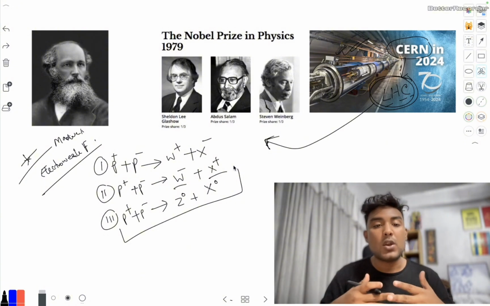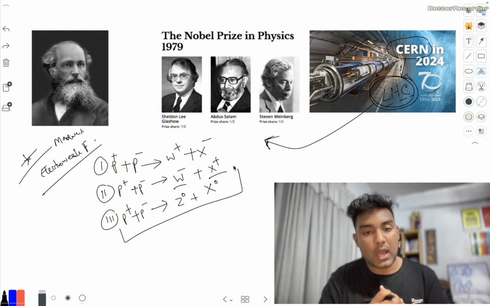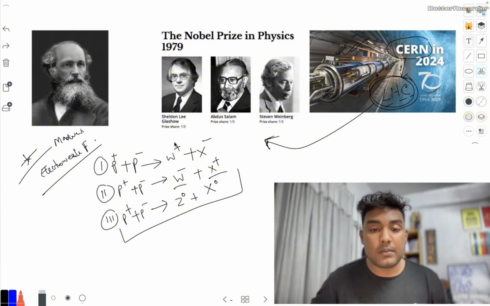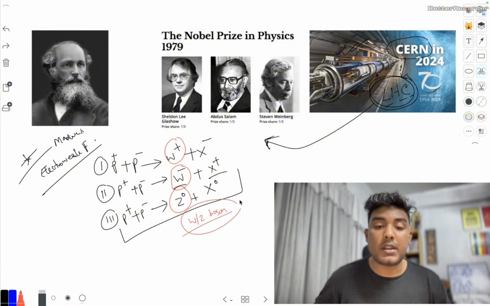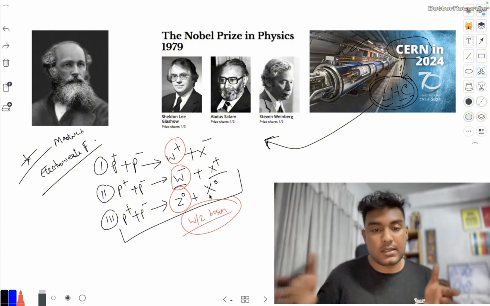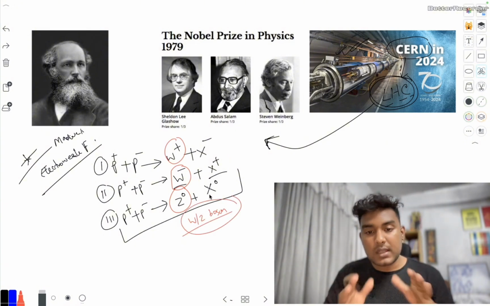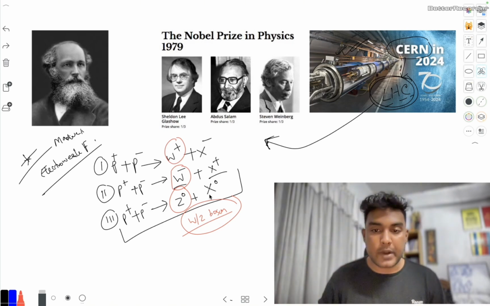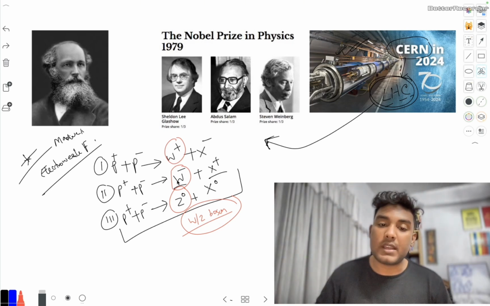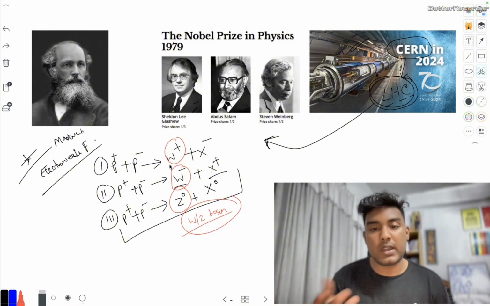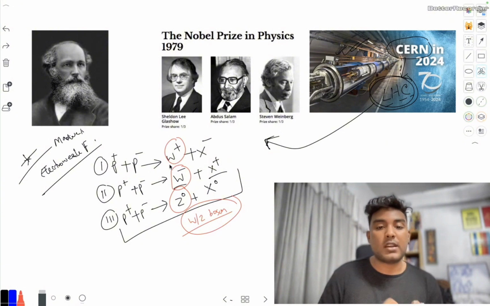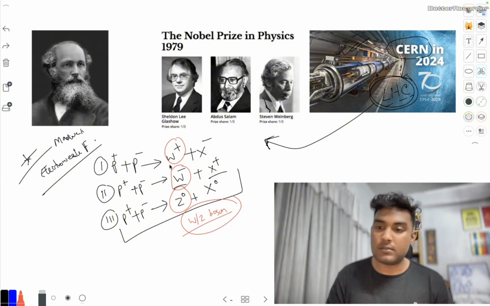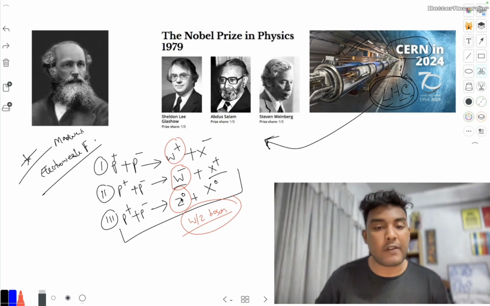These are the particles that were collided inside the Large Hadron Collider, and from them they got these three particles, which are called W and Z bosons. We can find these particles in the elementary particle table, where we can find all the subatomic particles. If they are massless, then we can easily combine the electromagnetic force with the weak force. That's all. So they found these three particles and they got the Nobel Prize for their discoveries.